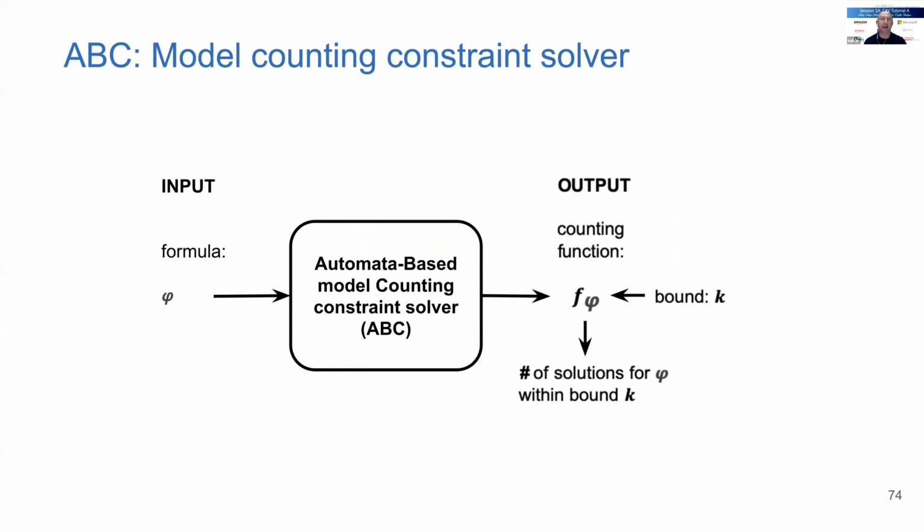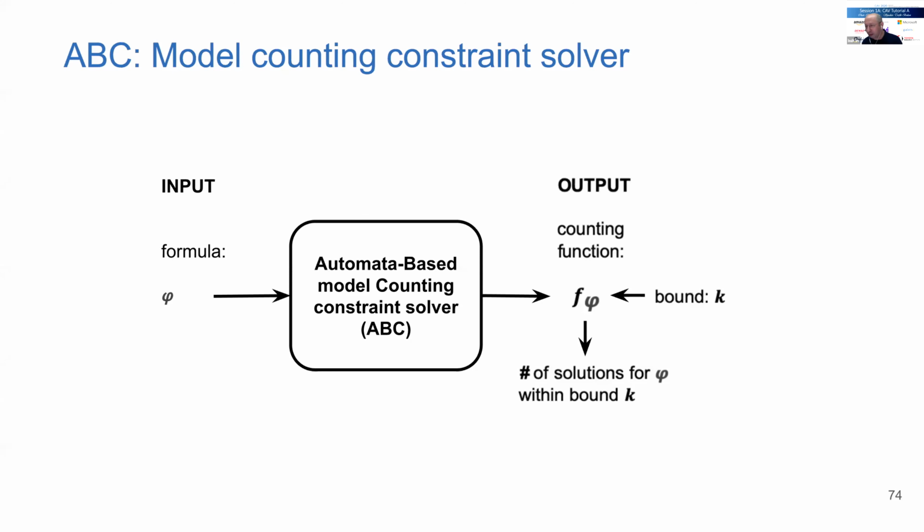But now in this part I'm going to talk about automata-based constraint solving and model counting. This is the enabling technology that allows us to do the side channel analysis I talked about. So what is going on here is this: we take a formula, and our current solver is called ABC, the Automata-based Model Counting Constraint Solver. ABC currently handles linear arithmetic and string constraints, okay, linear arithmetic theory and string theory. And I think the string operators we handle are pretty extensive, but there are still limitations, and it's not always precise.